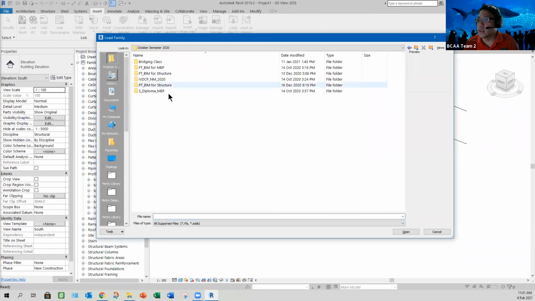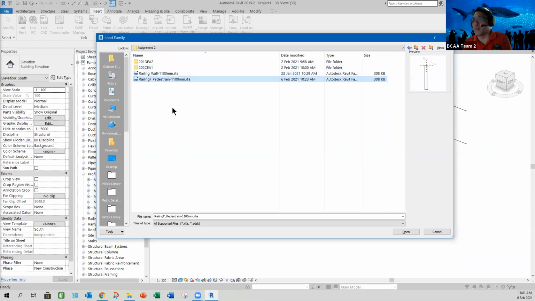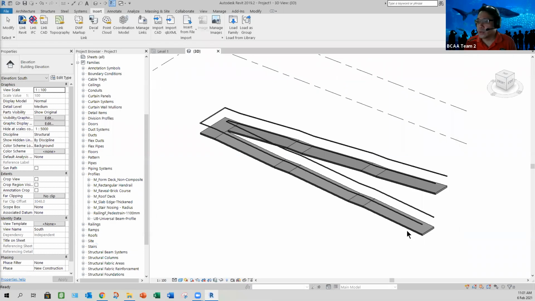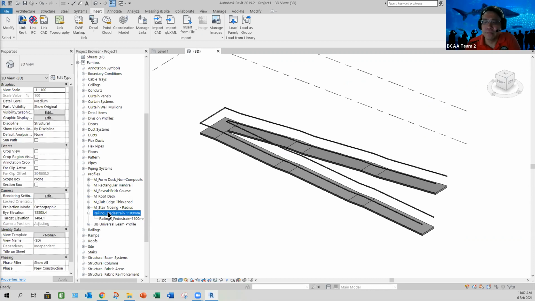Say ours here is under your class, then assignment 2, yeah, this one, railing for pedestrian, open. So if loaded, you should be able to see it here. See that? This one or this one. Yep. So once done, all loaded, you select your existing